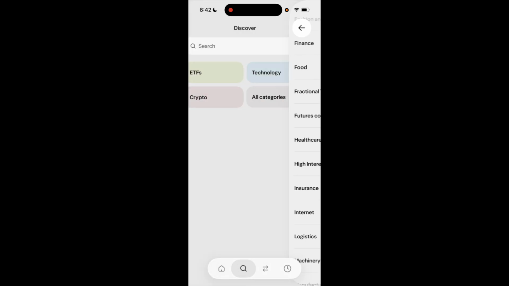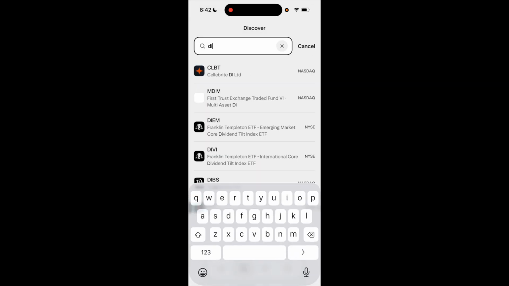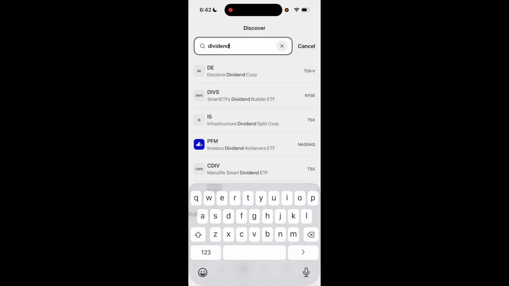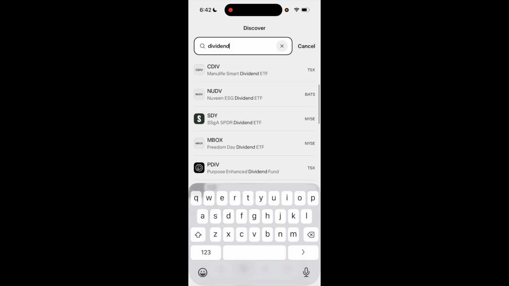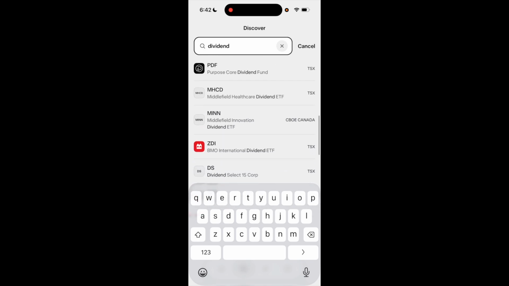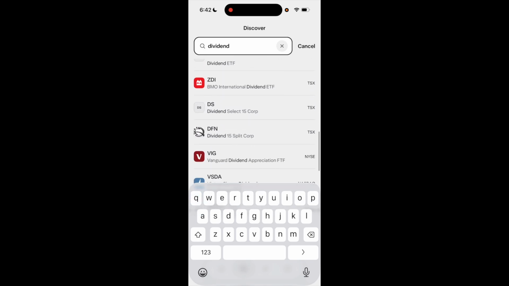So I'm going to go ahead here and just go to search right here. And I'm just going to type in the word dividend, just like this. So once you're on this page right here, you can view a whole bunch of different ETFs or a whole bunch of different stocks that may offer monthly dividends. So in this example, if I wanted to do this BMO International Dividend ETF, I can go ahead and select